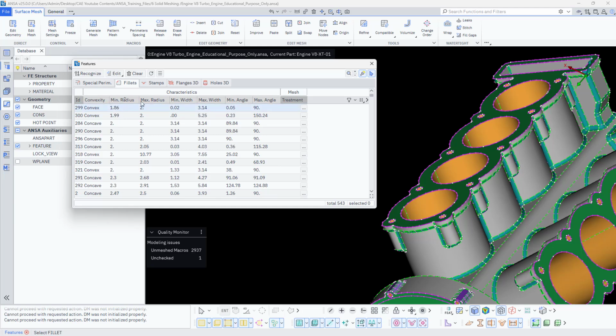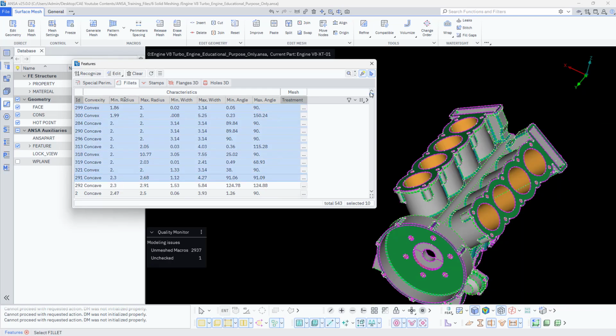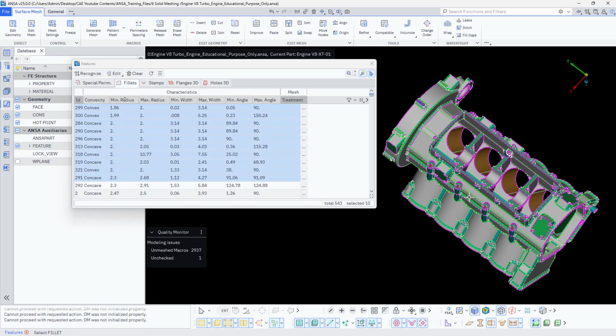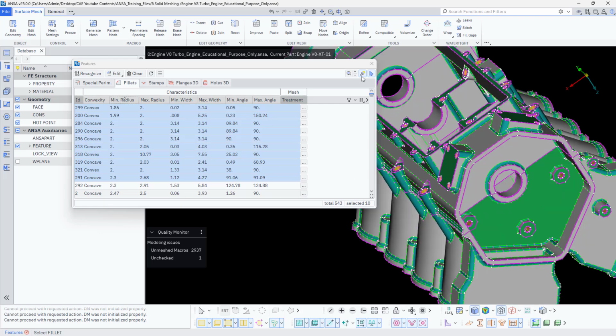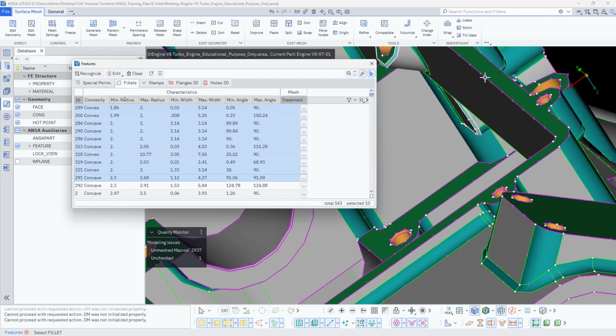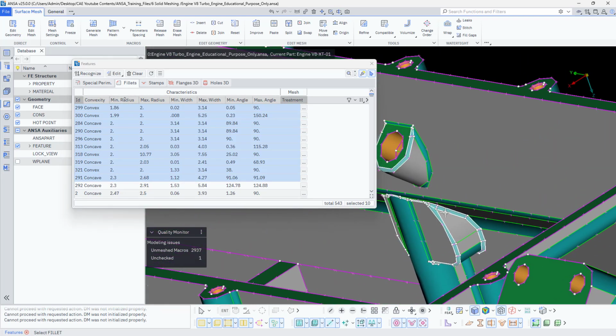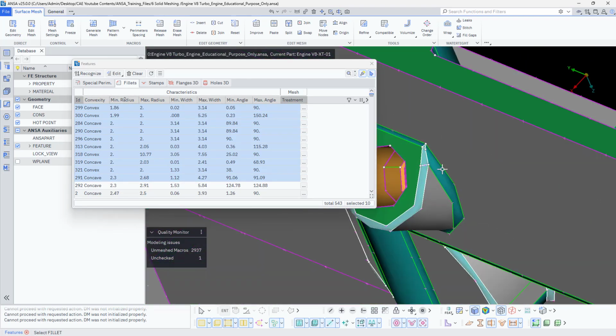So minimum is this much, 1.862 and 2. So both are approximately the same. Let me just select up to 2.5, so from here to here. And you could see the preview where exactly they are located. Yeah, you could see these are the locations. So here inside, this is the outside one,